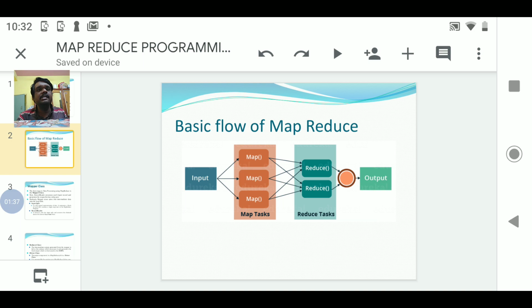Before the input goes to the mapper phase or mapper class, we need to understand that there are two intermediate classes. One is the input split class and the next one is the record reader. So what is the input split? It is nothing but the subfiles that are generated from the input file, and the record reader reads line by line from these subfiles and generates a key value pair, which is your key, the byte offset, and the value, which is the line itself.